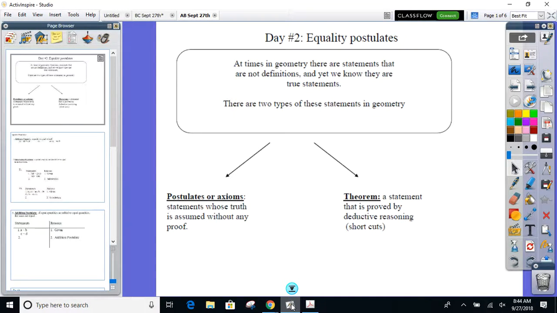Remember we had theorems last unit? Vertical angles are congruent, linear pairs are supplementary, and I said a theorem is a fact that can be proven. Well, the postulates I show you today are assumed to be true. They can't be proven true. They're just assumed true. So the first postulate I'm going to show you here,